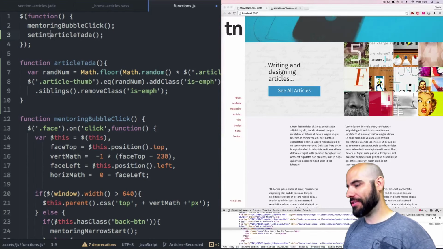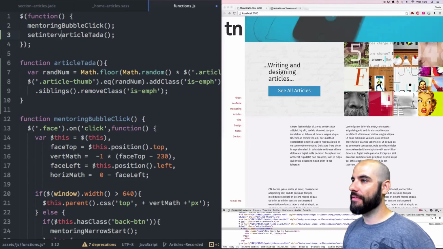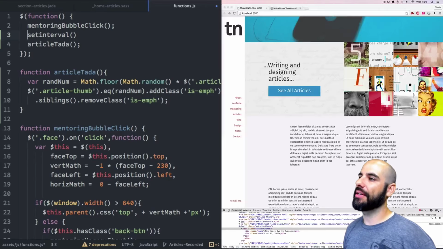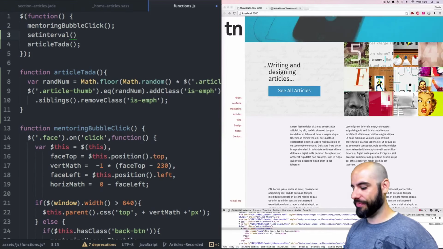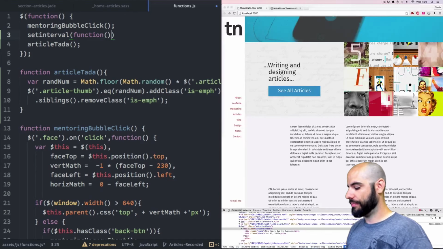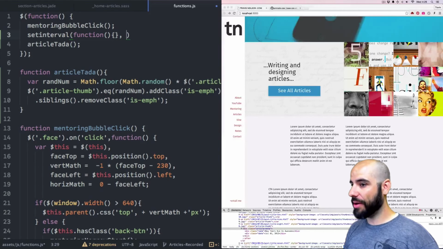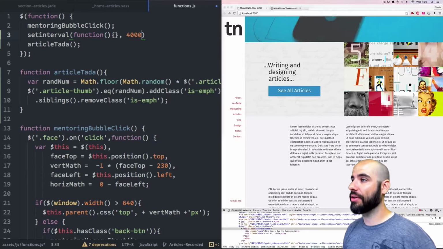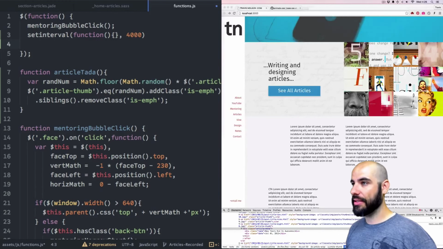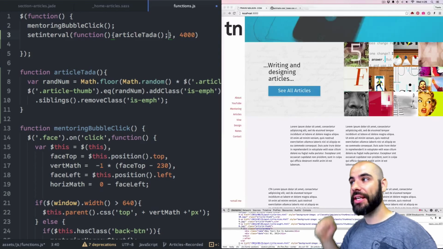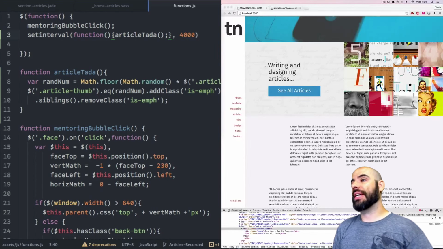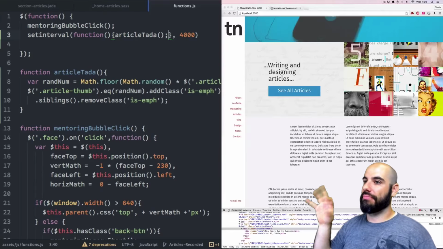It's called setInterval. Now what this will do is it'll set up a timed function. So after this comma, I'm going to write a time, let's say 4 seconds or 4,000 milliseconds. And I'll put this function as a callback inside of this function. Now, every 4 seconds, another one of these should go,